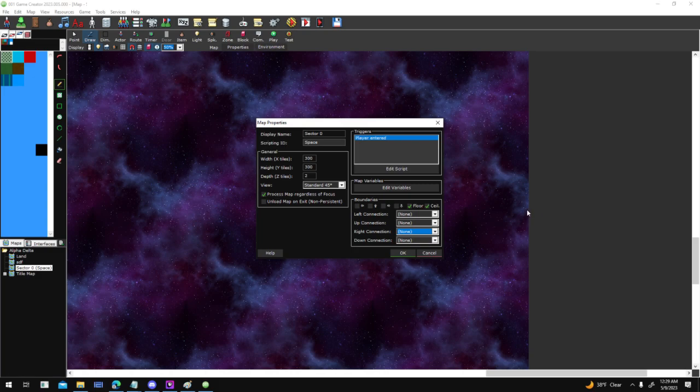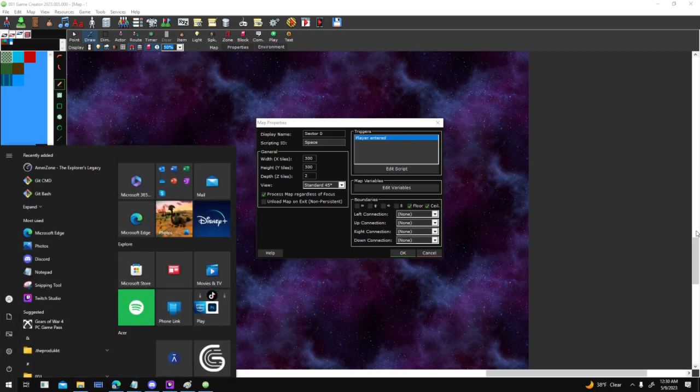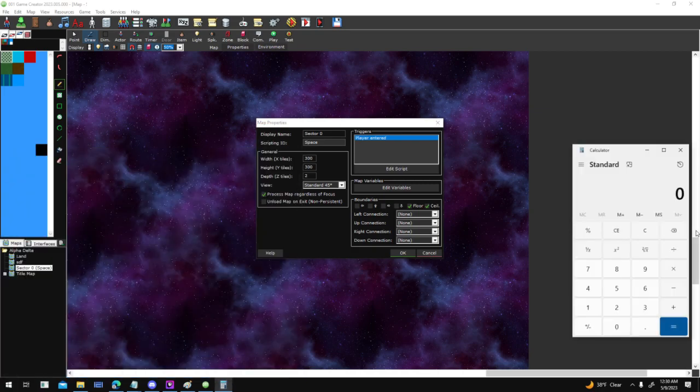So if you cross right here on this map, it'll put it on the left edge right here on the new map. And same if you cross right here, it'll put you on the new map right here. But the way I've got it set up is I removed all the boundaries from the edge. My map's about 300 by 300, and that's basically 300 tiles, not 300 pixels. And each tile in 001 is 32 pixels, so that's 300 tiles at 32 pixels times 300. That's 9,600 pixels squared